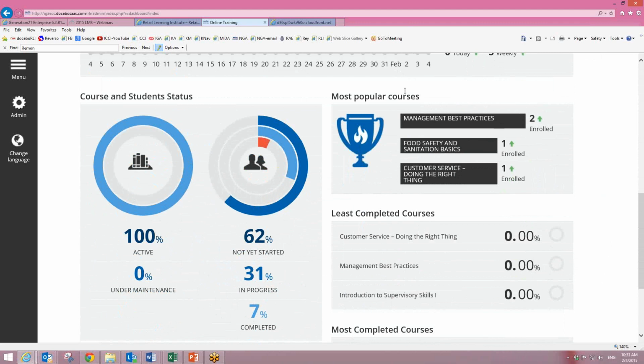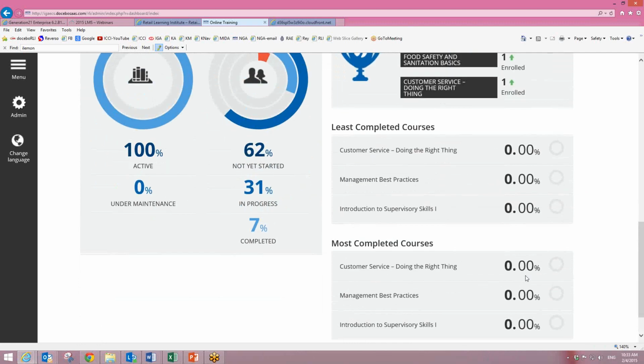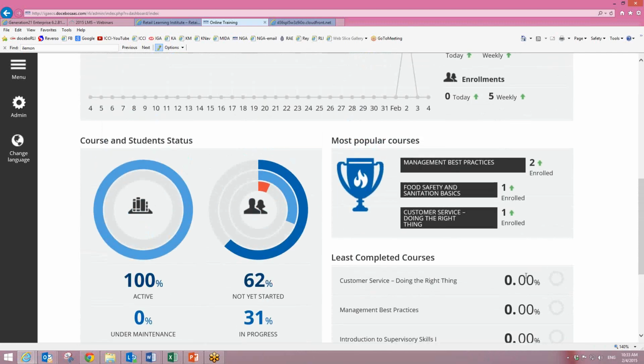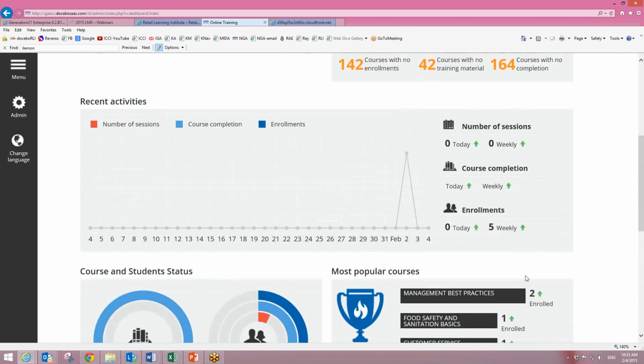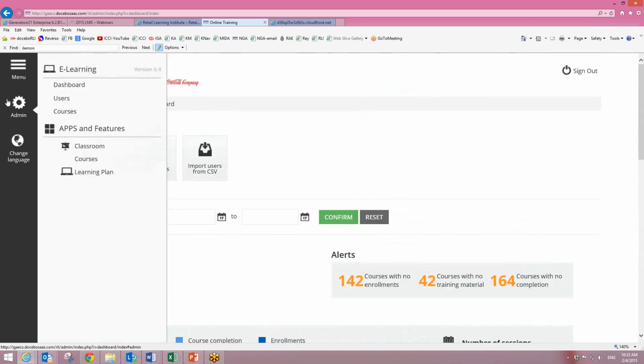And then it lists the most popular courses in my group and the least completed courses in my group, along with the most completed. So right now, the information is not very good, obviously, because we don't have enough usage. But once it starts populating, it will start looking like somebody's using the system. So that's the dashboard. And then for the users,